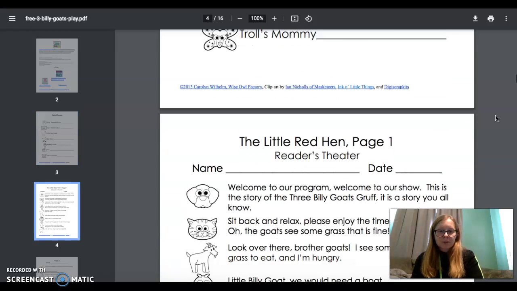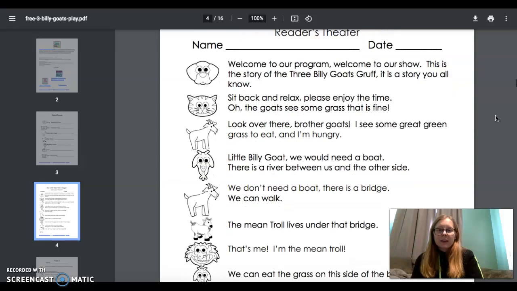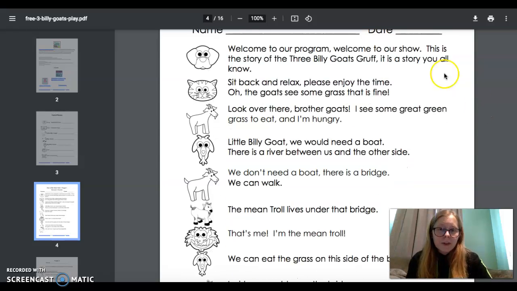read their part. So down here, instead of having their names, it has the picture, but normally in a play, it would have the character's name, and it would say narrator 1, and then you would read if you were narrator 1. So narrator 1 would read,